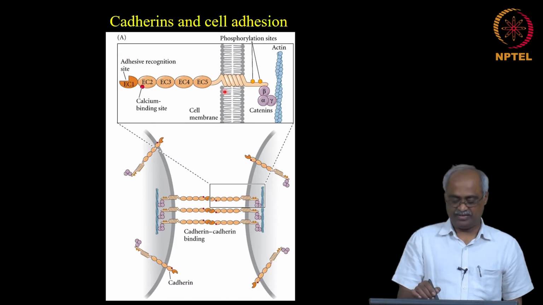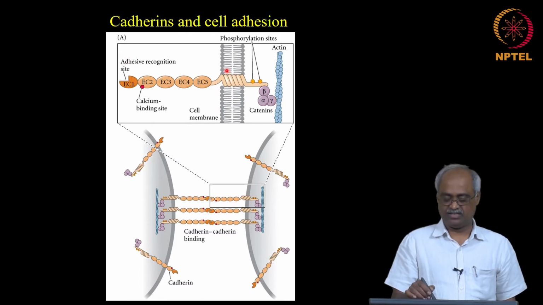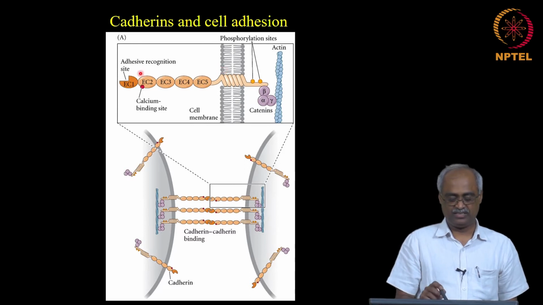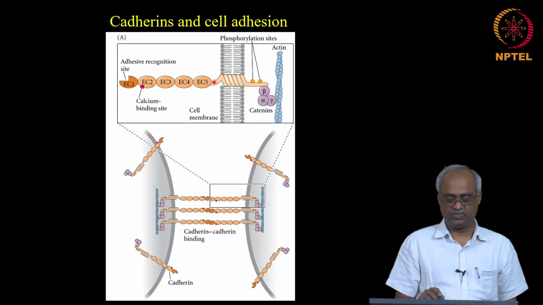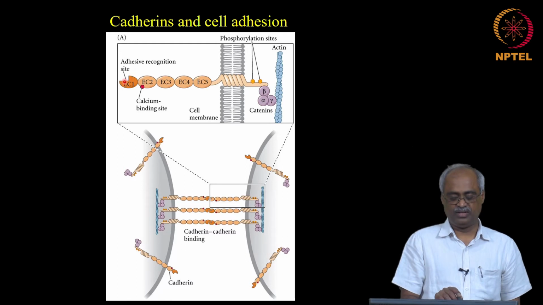So, they are embedded in the membrane, so they are transmembrane proteins. Outside you have multiple distinct domains that bind calcium. So, these are the calcium binding domains. In this particular one you have 5 domains, and the very end of it has the perfect shape for